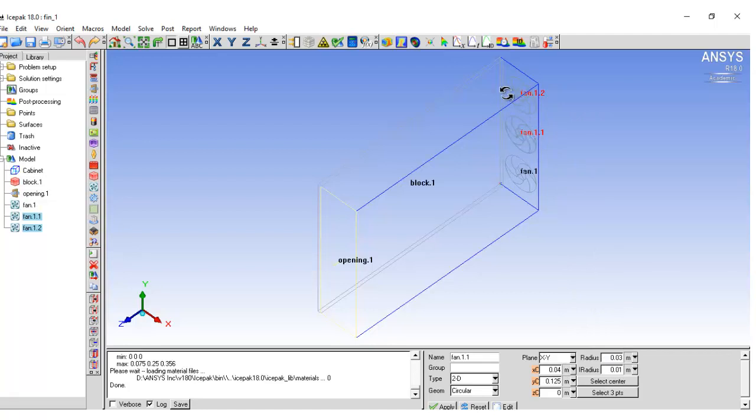Okay, now we have finished the enclosure setup. We have finished the opening, we have built a plane, and we have built 3 fans. And now we want to